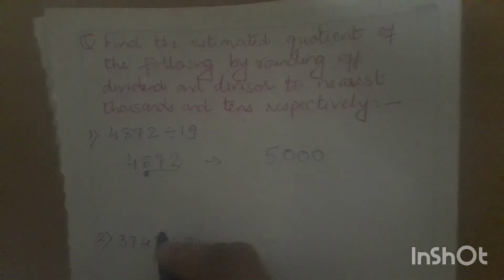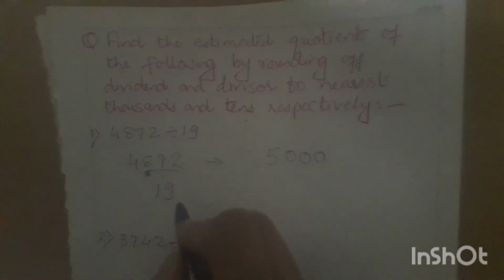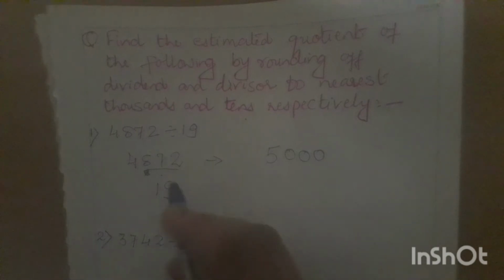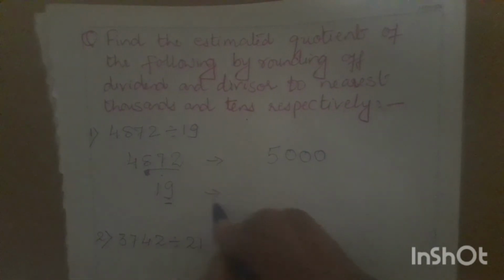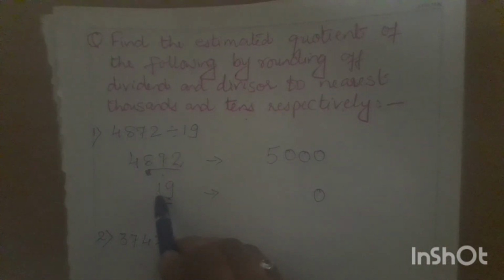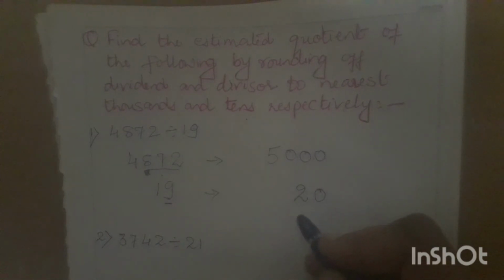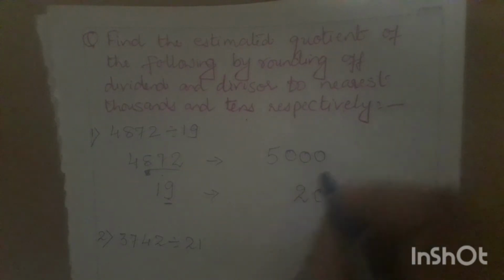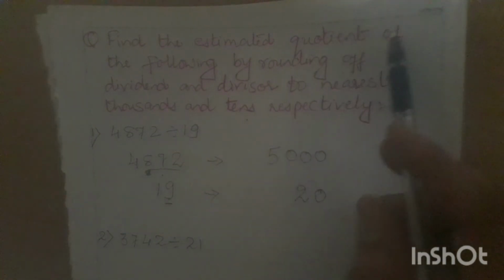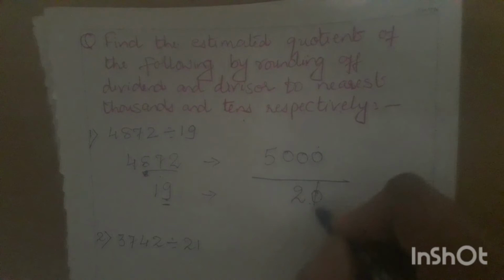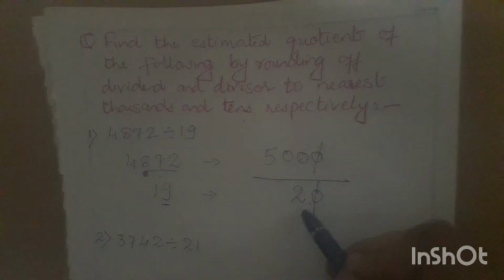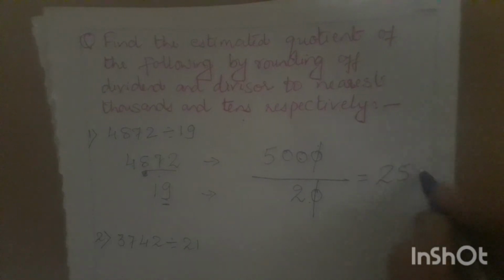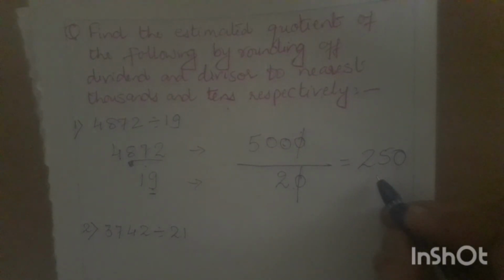First step. Okay. Now let's see the next number, that is 19 given here, and this you have to round off to the nearest tens. So one digit to be underlined and 10 you have to write, and then the condition is satisfied. So 1 plus 1 becomes 2. Okay. So here this becomes 2, and now we have to go for the division part. You have to find out the estimated quotient. So when 5000 is divided by 20, what will you get? This 0 will go away. 500 divided by 2, so you will have it as 250, which is your estimated quotient.